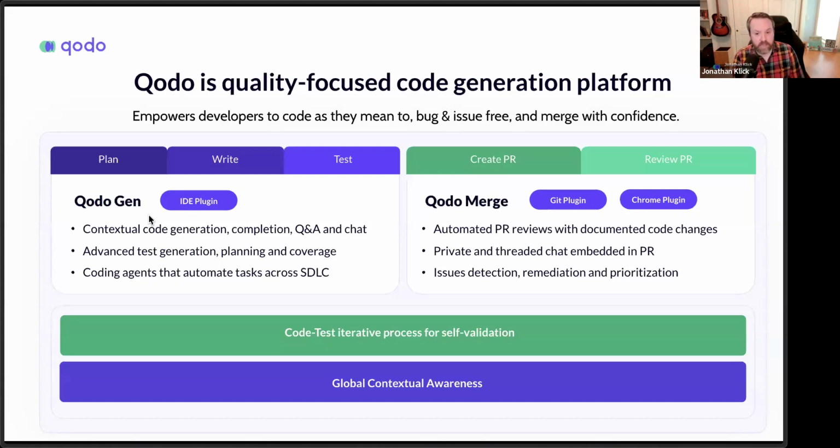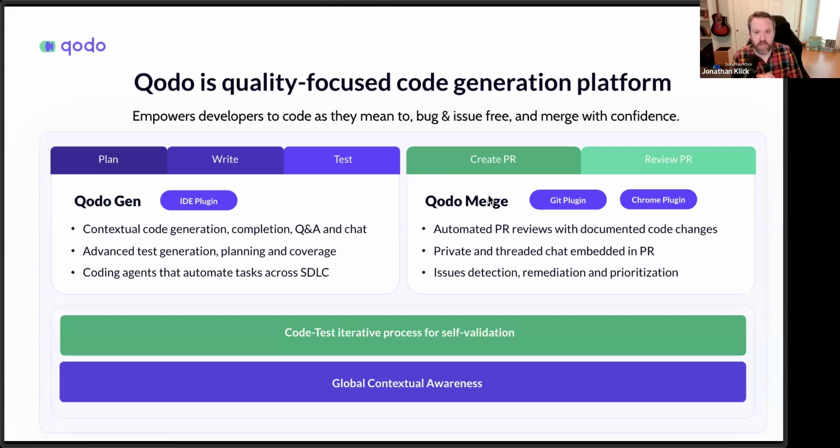The other product we're going to talk about is Qodo Merge. It goes side by side as an app for GitHub, GitLab, Bitbucket, and Azure DevOps, and it helps with code reviews. In both cases, you're going to see a mixture of productivity and also a quality component. On the Qodo Gen side, you're going to see a lot more tools than just code generation, focusing on generating tests, analyzing your code, and pointing out ways to make it better.